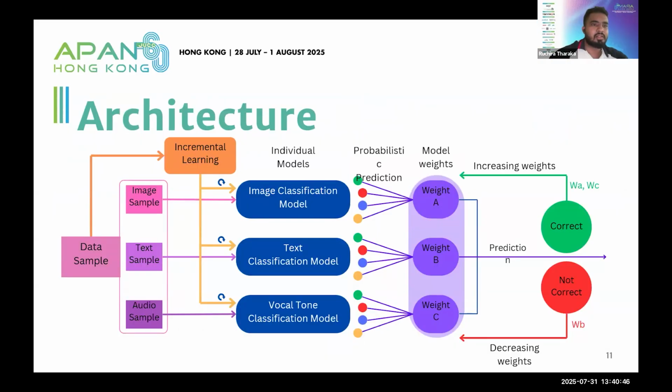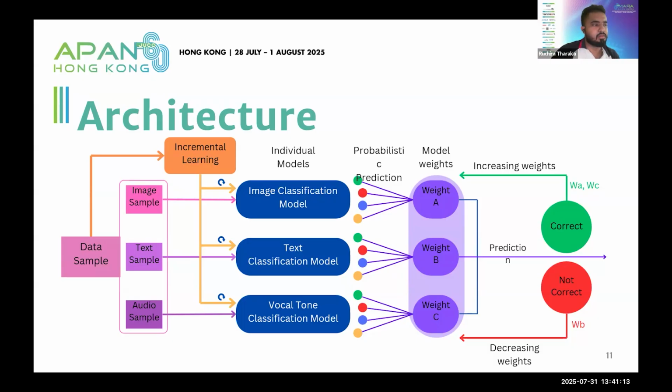Okay, so I'll go through the architecture. When it comes to the data sample, even though we call it a data sample, it consists of 3 data samples: image sample, text sample, and audio sample. So when we feed a data sample into the ensemble model, we actually feed 3 data samples in 3 modalities. Even though we call it an ensemble model, it consists of 3 individual models: vocal tone model, image model, and a text model.